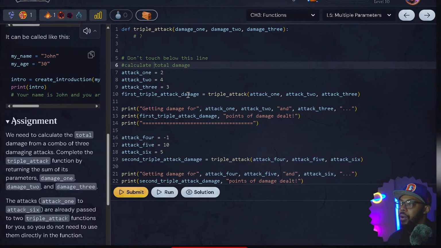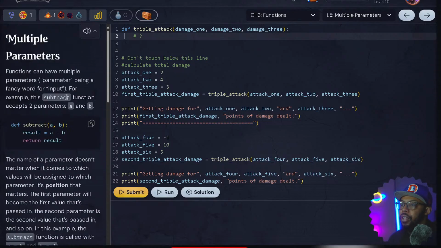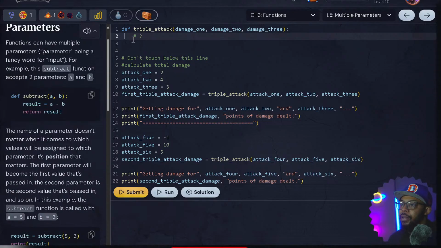So what are we doing? Okay, so we see damage 1, damage 2, damage 3. Attack 1, attack 4. Attack 2 and attack 3, sorry. And then first triple damage attack. Don't touch below this line. Oh, shoot. So we can't do nothing over here. So we have to do all this amazing cool stuff. So we're gonna call this triple attack. And then we'll call this